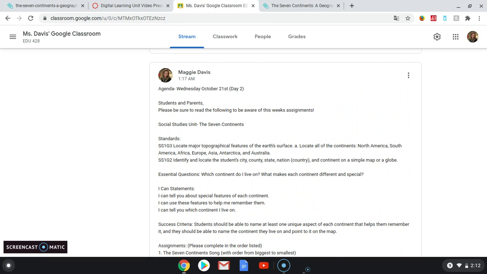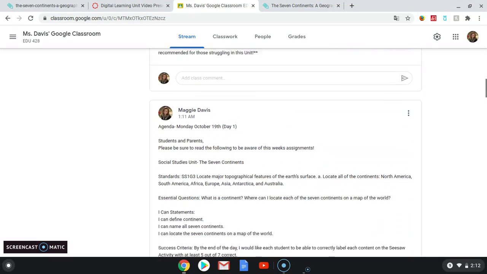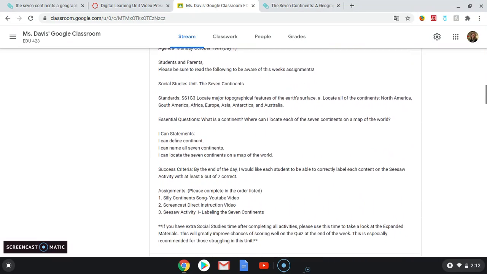And on the second and third days, I also had social studies standard 2, identify and locate the student's city, county, state, nation, and continent on a simple map or globe. Some of the objectives for my unit were